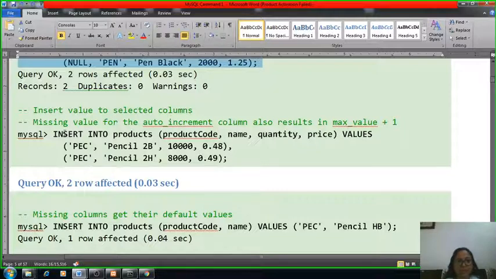Now see, insert into product, product code, name, quantity and price. Which column are we missing? That is the product ID. But the product ID will automatically increment, because we set such a parameter on this particular attribute. So we can skip that column here, and insert the rest of the values in your table.